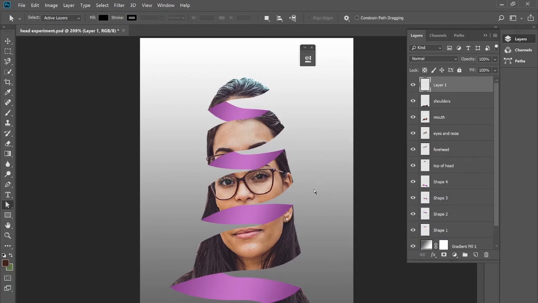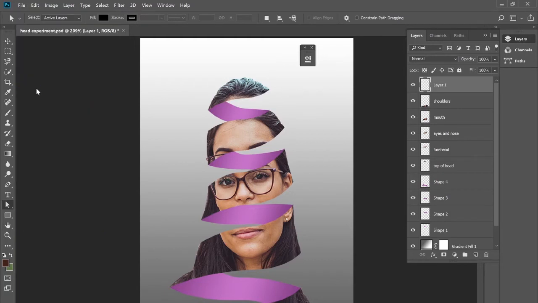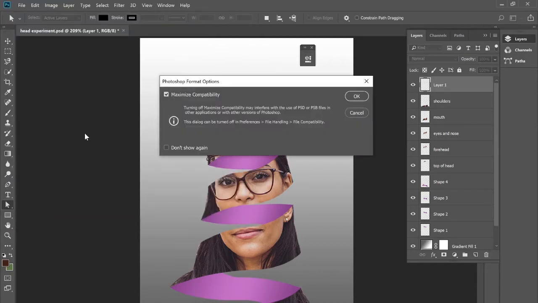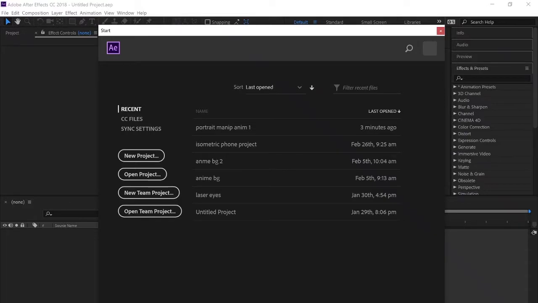So once you have all that settled, let's go over here to File, Save. I'm going to go ahead and press Save As, and I'm going to save this as a new file. I'll call it Surreal Portrait Animation Roots, or whatever, base. And I'll just save that there, make sure that's somewhere I can find it, and I'll go over here to my